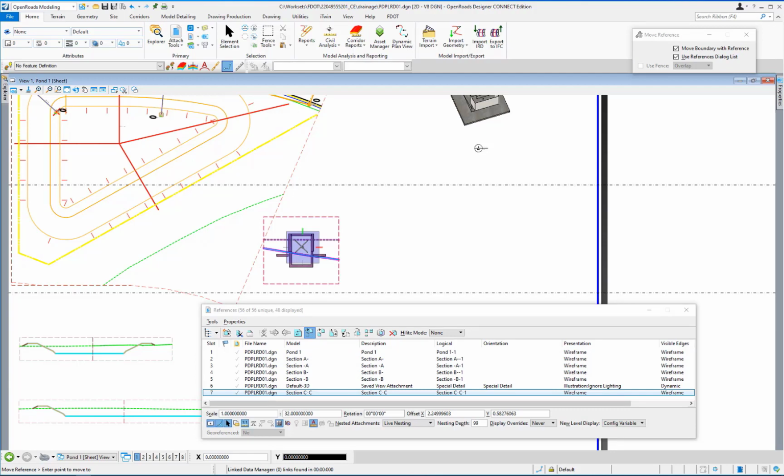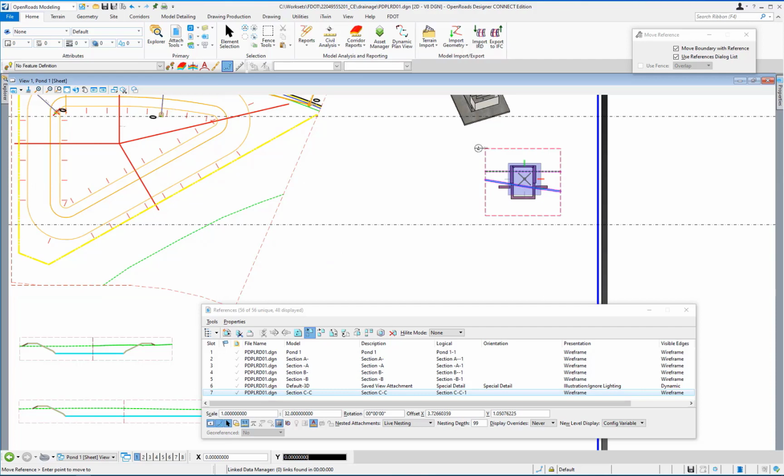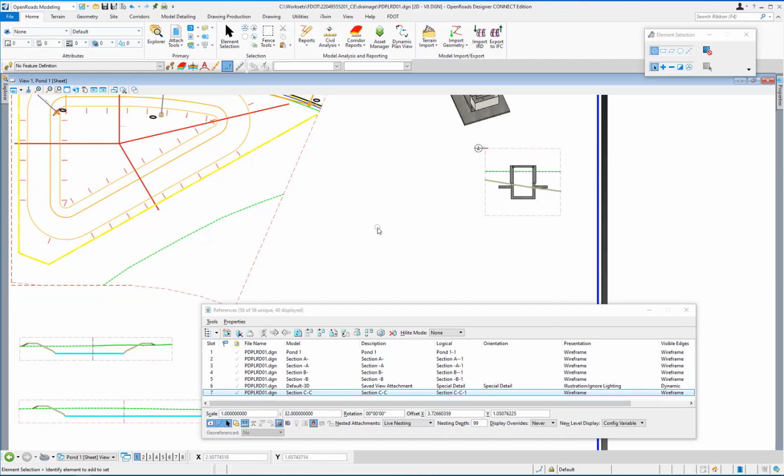Left-click in the center of the new section and move it to the upper right corner of the sheet just below the special detail. Right-click to end the command. Switch to the section C-C Views View Group.